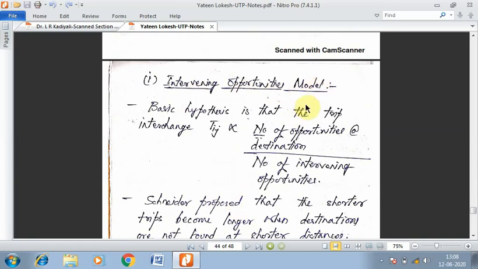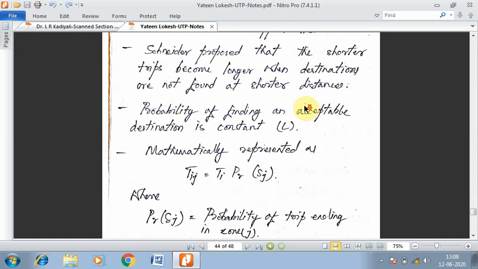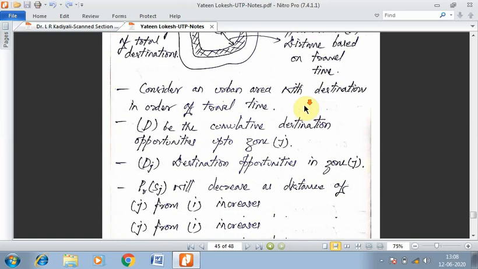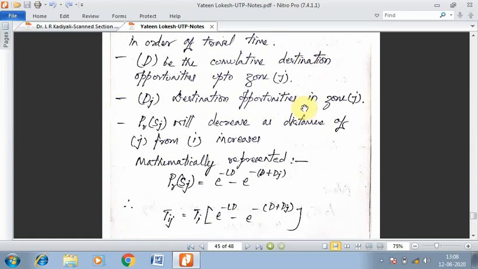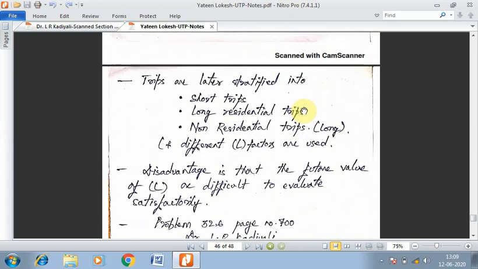In all these discussions which I have been making in this video, you just have to remember the basics about the models along with the equations and the diagram. That's all. You will not be having problems to be solved based on these models. So the explanation can be asked in the examination.